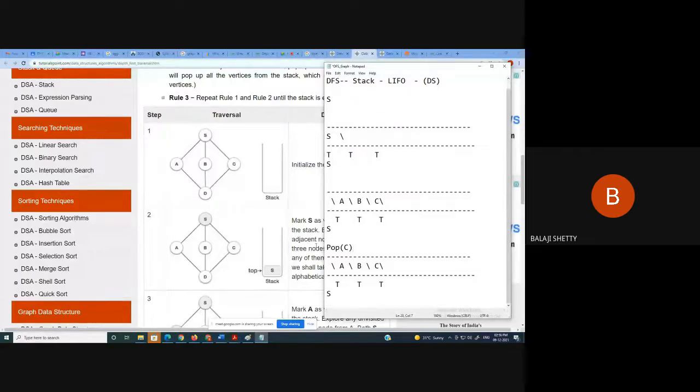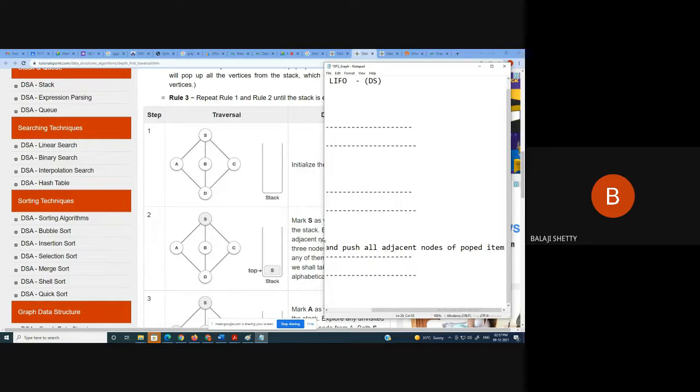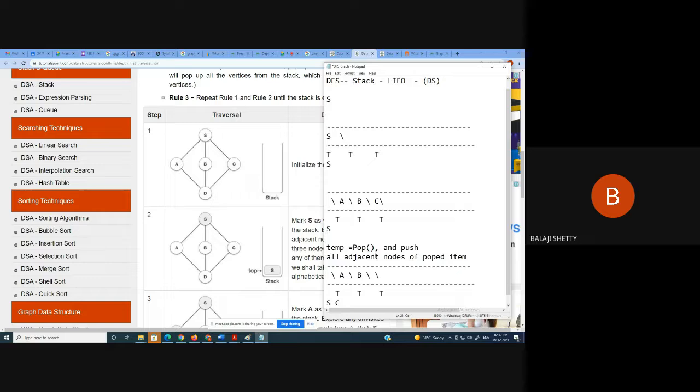Temp equal to pop. What do I get? I get C. And what you have to do once you pop is push all adjacent nodes of the popped node.